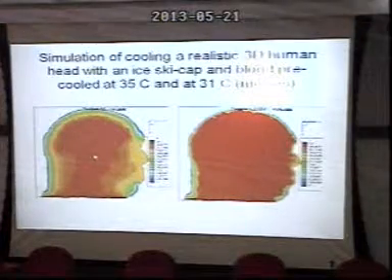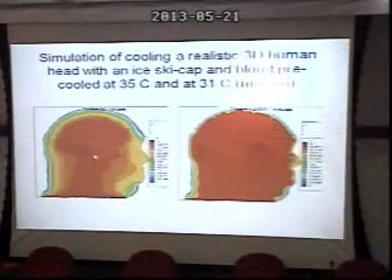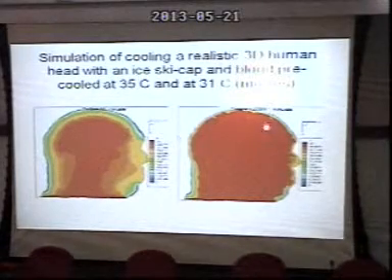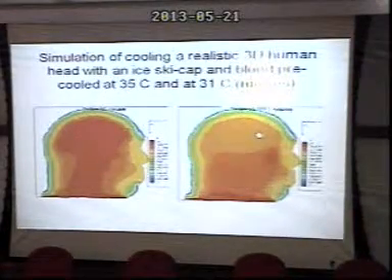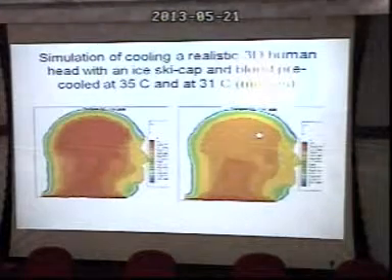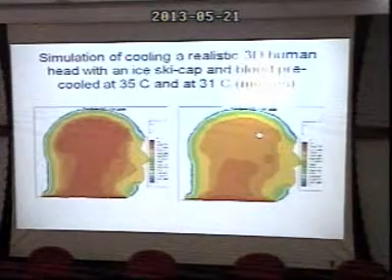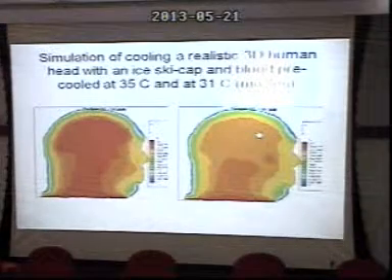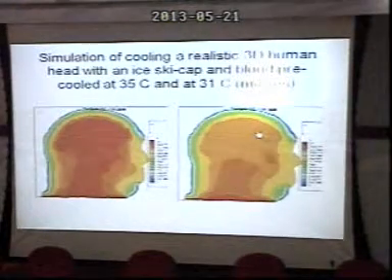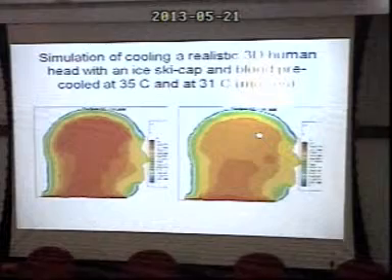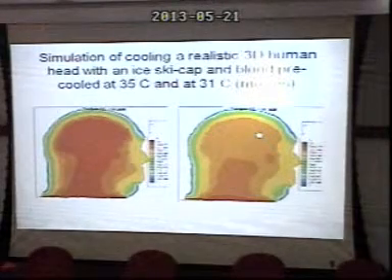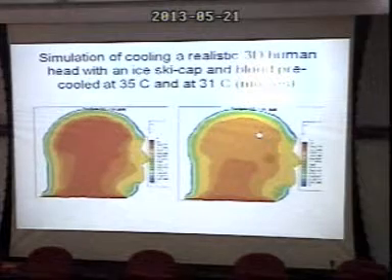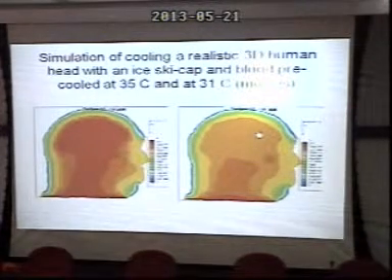So if we do it in such a way that we pre-cool the blood to 35 degrees centigrade, okay, then our simulation shows no problem. Actually, in about 30 minutes, we are already dropping down to about 29 degrees centigrade. Okay? So this is the power of computational simulation versus intuition and brute force that works perfectly well, at least in